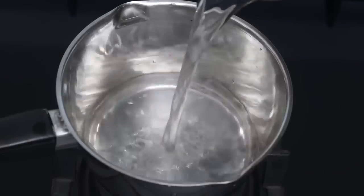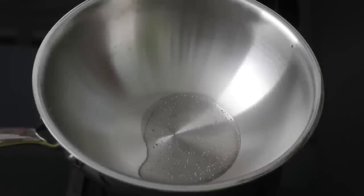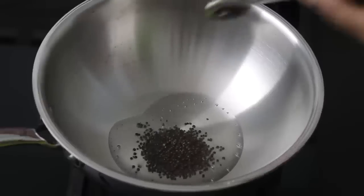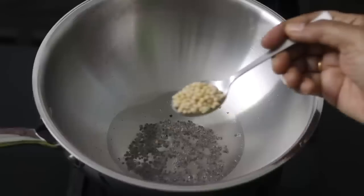Into a saucepan, I'm adding in 2 cups of water and I'm bringing this to a boil. I'm heating my kadai with 1 tablespoon wood pressed coconut oil. Once the oil is heated, add in 1 teaspoon mustard seeds. Once the mustard seed starts to splutter, add in 1 teaspoon urad dal,